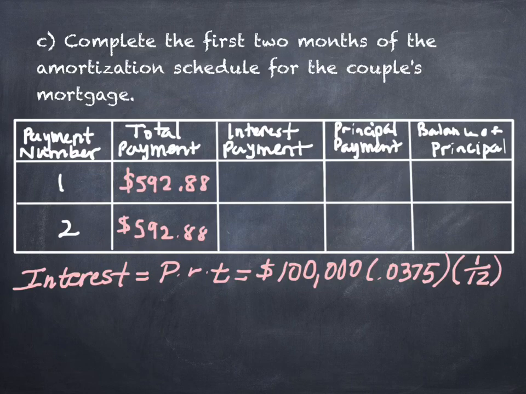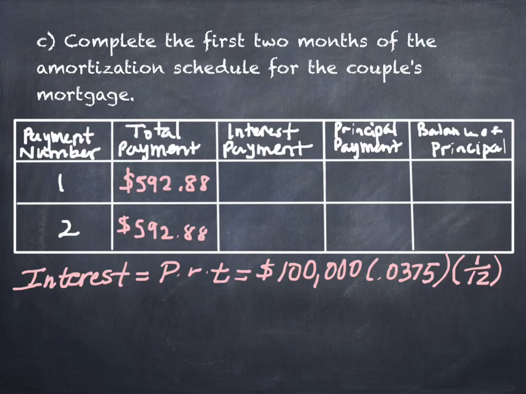This is the first one. This is the payment for 1 month, not for the whole loan. Okay, we're not doing it for the whole loan. We're doing a 1 month payment here. But still, time is measured in years, so we've got to have it represented in terms of a year. So this is 1 out of 12 months of the year. Make sense? Okay, so for amortization, that T is always going to be 1/12, all right, for what we're doing.